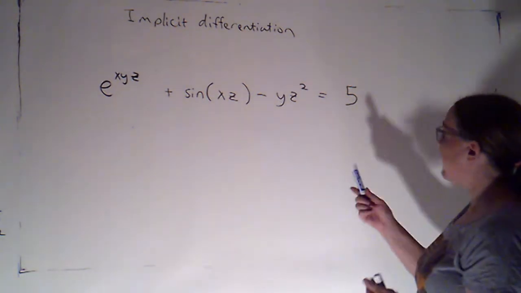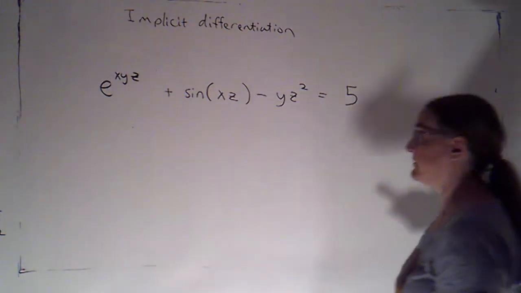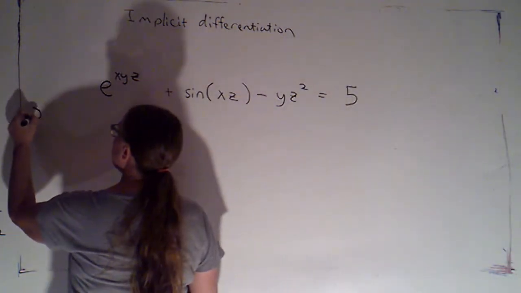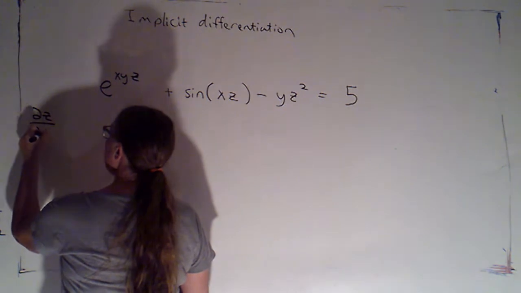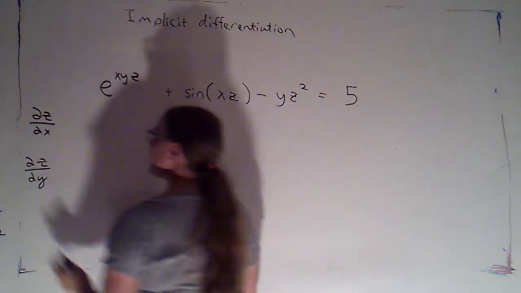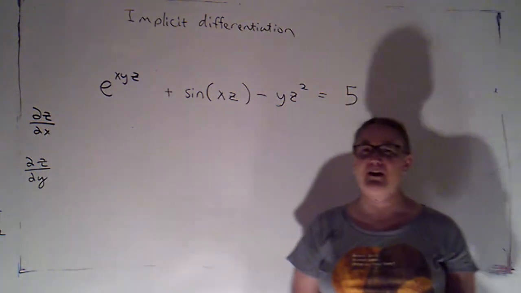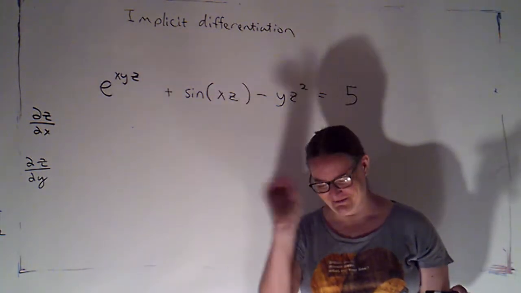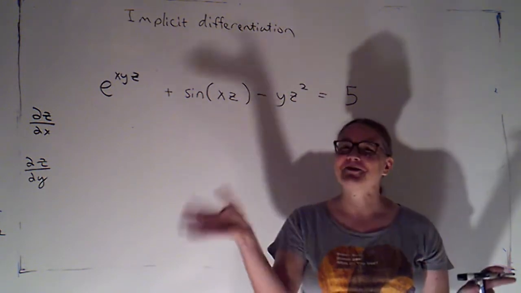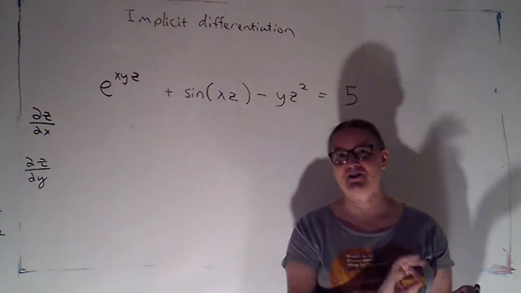So we should be able to then find our partial derivatives. So I should be able to find a formula for the partial of z with respect to x and for the partial of z with respect to y. Okay. Now, in the last example we did, we had a much simpler equation. It was just x squared plus y squared plus z squared. So the three variables that were playing three very different roles were in separate terms, and that made things a